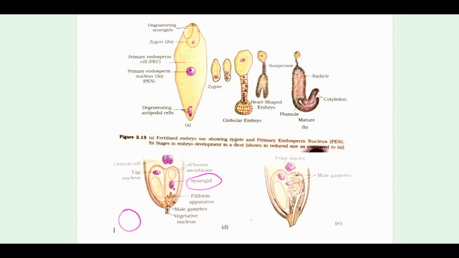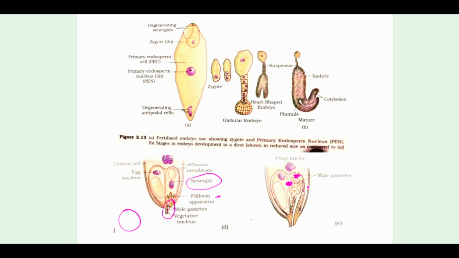So the filiform apparatus of the synergid is permitting the entry of the pollen tube, which is carrying one tube nucleus or vegetative nucleus and two male gametes. Finally, it is reaching inside the synergid where these two male gametes are released. As you can see, these are the two male gametes which are released inside the synergid. Now, after this, the event of fertilization starts. With the release of two male gametes of the pollen grain inside the embryo sac, pollen pistil interaction is over. Now, there must be events of fertilization.